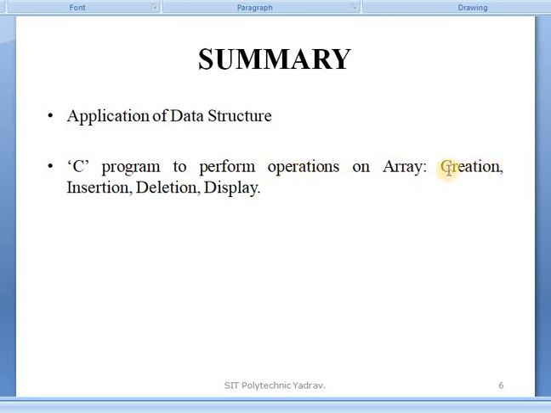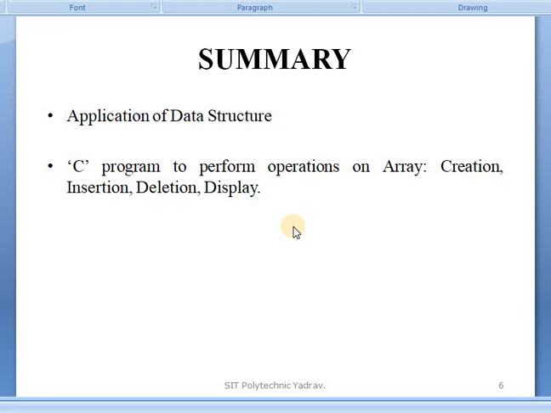Which operations? Create means an array is created. Insert means any new element is inserted into the array. Deletion means any one element in the array is deleted. Display means your array is displayed. These four operations are performed on an array, which we saw through those three programs.